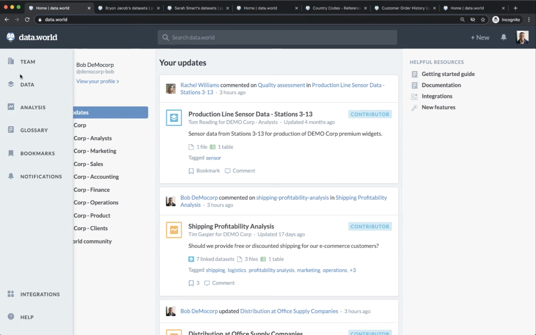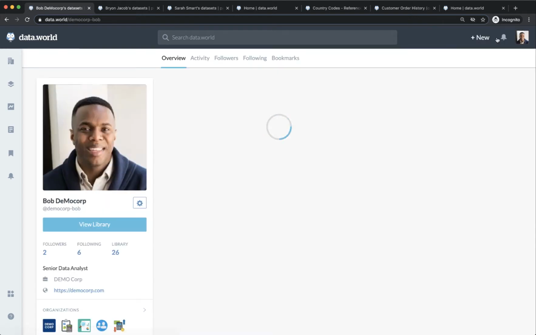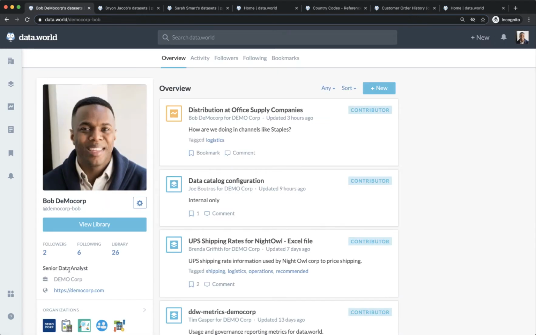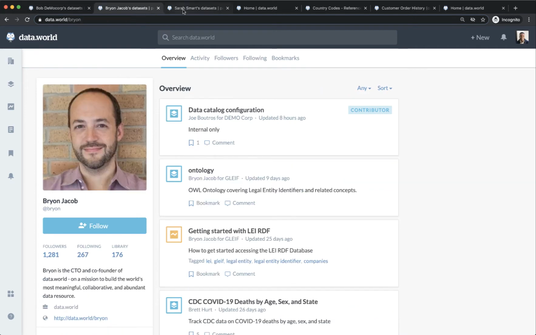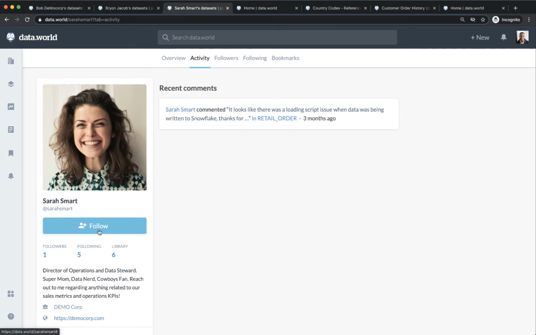One of our leading use cases at data.world is to power company-wide data analysis. First, let's talk about user experience and workflow management. We provide out-of-the-box user interfaces for analysts, data scientists, data engineers, app developers, knowledge workers, and decision makers. All these personas have a user profile, activity feed, and can follow and subscribe to other people, groups, datasets, projects,